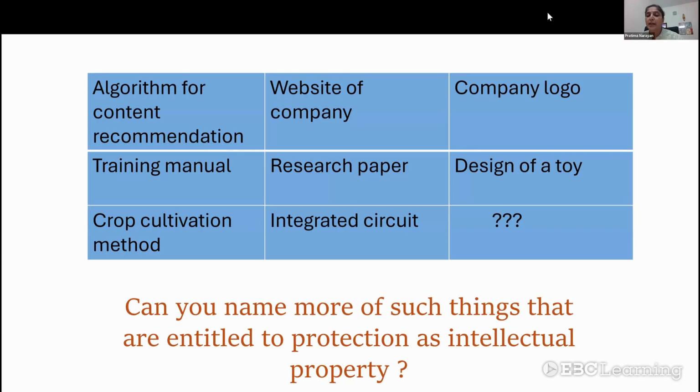What is it in the present age and time that we are seeing? What are the contemporary forms of subject matter that we are seeing that is entitled to an IP protection? A lot of technology is coming our way. Anything that you see and you hear of that is entitled to an IP protection. Yes, a new drug. Very good. Please feel free to chat or come on audio. But the discussion is more important, which otherwise I can just run you through some slides and be done away within 10 minutes of the discussion. But my objective is to engage you here and to take the best of the discussion. Please add to this table